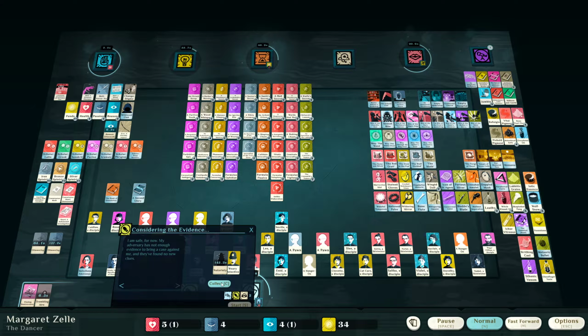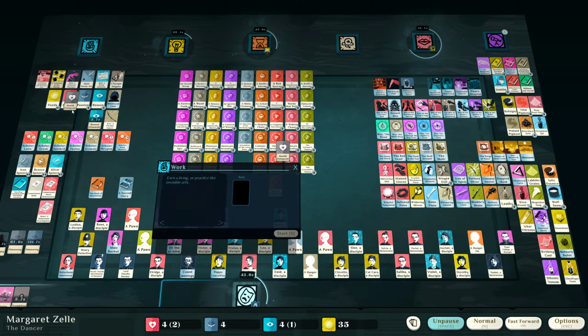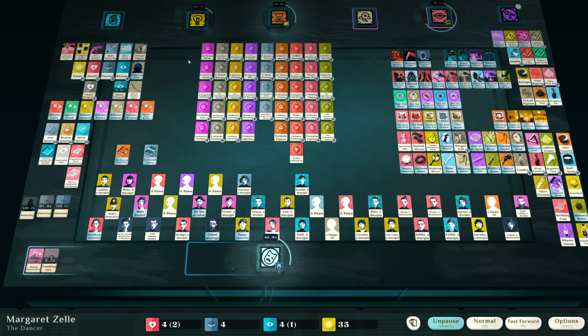And apparently we're still getting lucky, so I'm safe for now. My adversary has not enough evidence to bring a case against me, and they found no new clues. I felt all their eyes upon me. Afterwards I received a gift from an admirer, too gaudy for my tastes, but I can sell it on the second-hand market. So normally here I would want to do a commission, but because we are trying to get contentment,